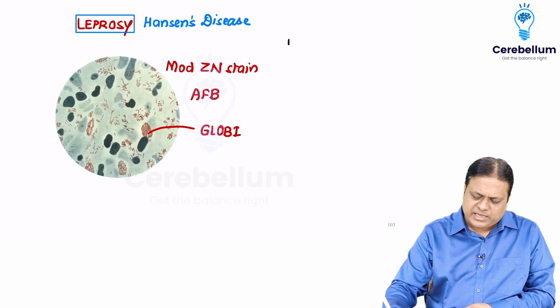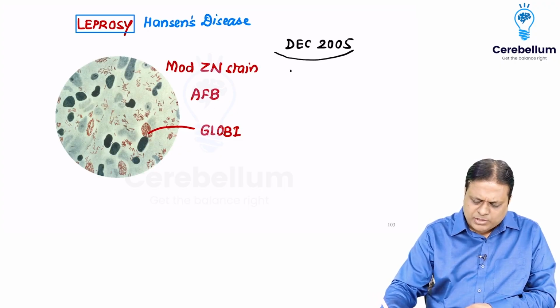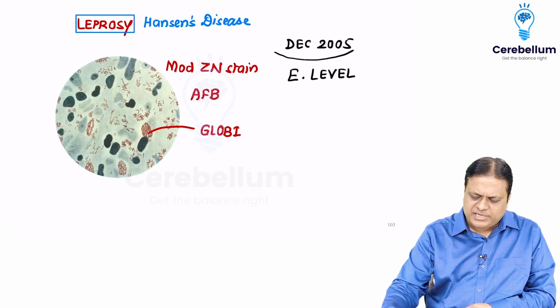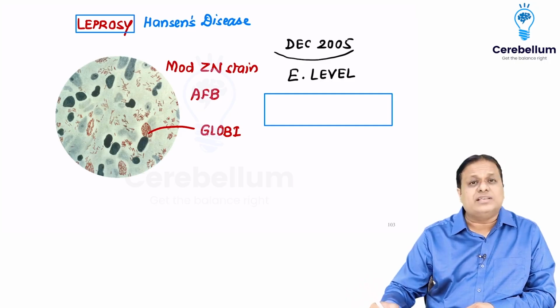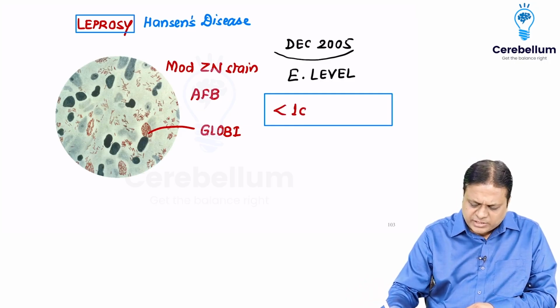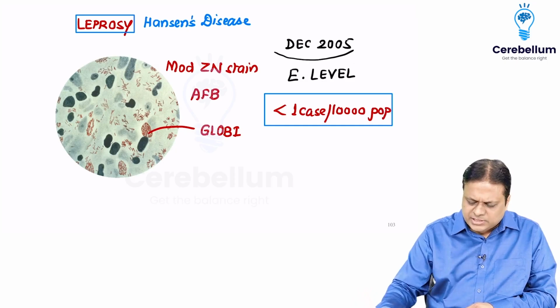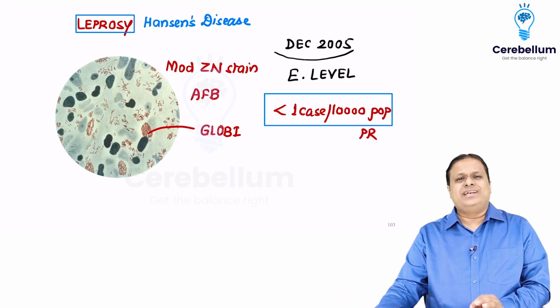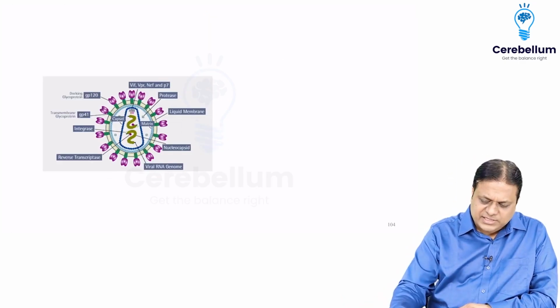Leprosy was declared eliminated in India in December 2005 because India achieved its elimination level. Elimination level of leprosy across the world, which India achieved in 2005, is less than 1 case per 10,000 population, and this is the prevalence rate. Incidence is known as ANCDR, annual new case detection rate for leprosy. First sensation lost is cold temperature loss. You can easily identify this, is very right,